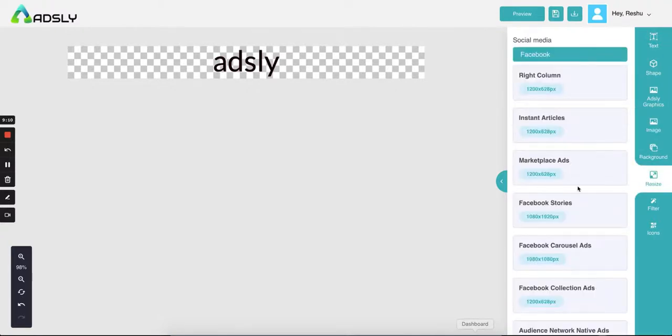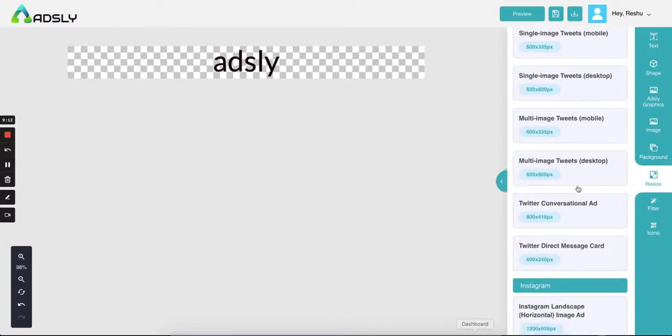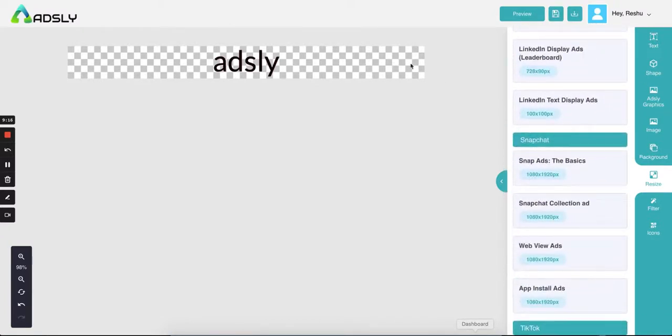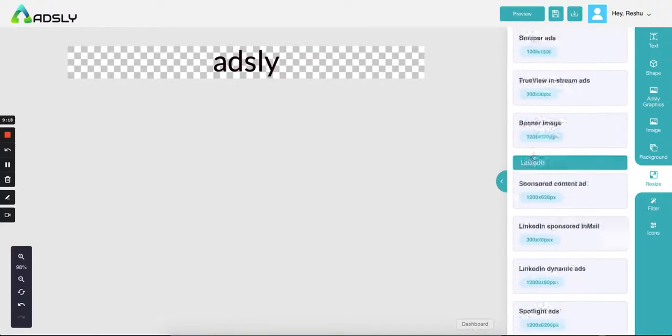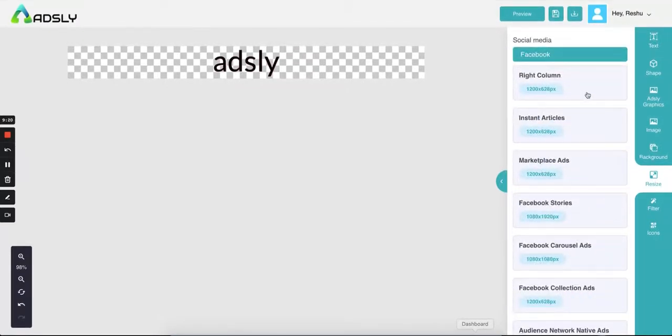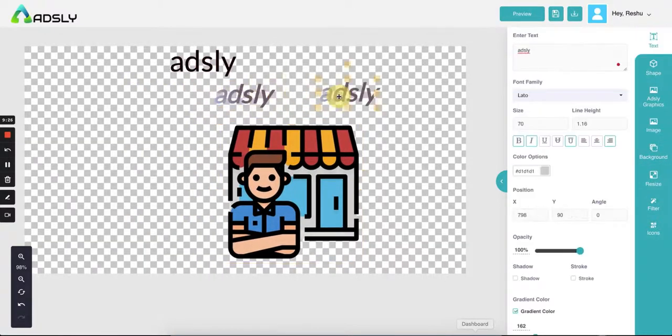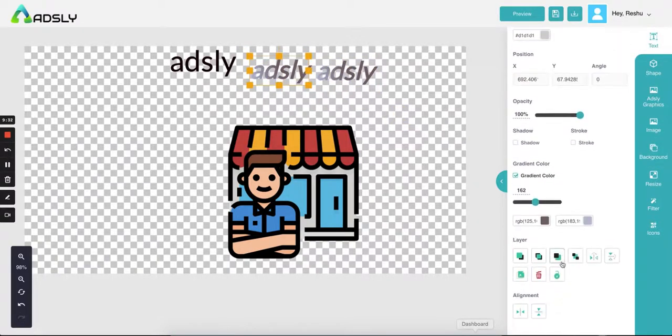Now in the resize option, you have got all the ad placements over here, and you can resize this particular ad into the ad which you want. Let's say Facebook right column ad. So right now the ad has been resized. So here we have the Adsley duplicate copies. Let's delete them for now.